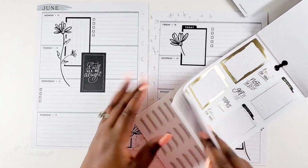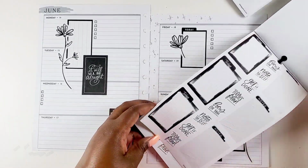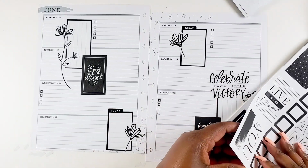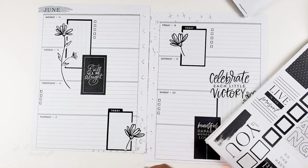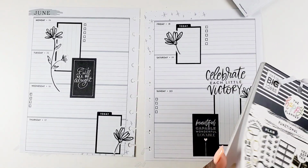So I'm just flipping through this black and white sticker book that was released in the spring of this year. I love this sticker book because it is black and white, and I feel like there are lots of functional stickers in here that I can pull that are a little bit different, like these little squares. I thought these little squares were so cute, and so I was like, okay, yeah, that's great. They'll go great with those